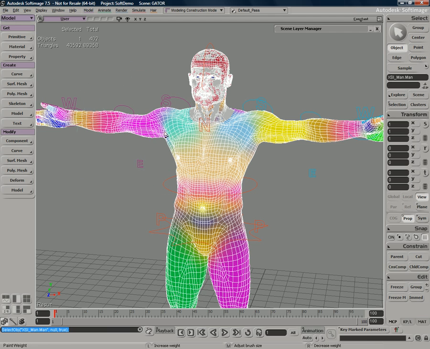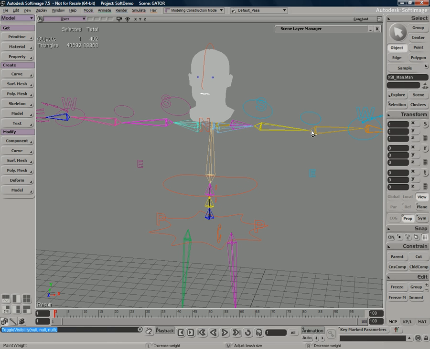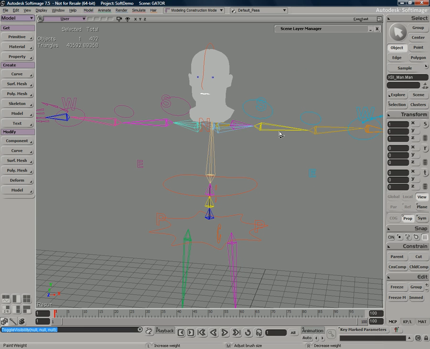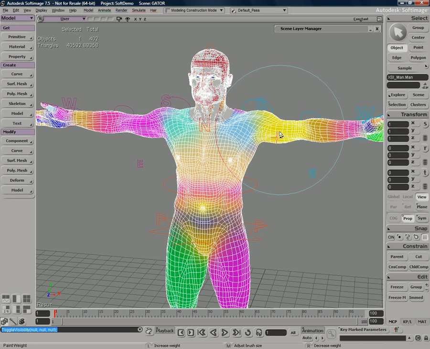Here you can clearly see the different envelope weights, or the skinning weights, that are attached to each vertex of our character. Pressing the H key will hide the object, and now you can see the bones underneath are color-coded to match. Pressing the H key again to unhide, they match to reveal the color of the bone that's underneath the skin. So there you can see it's very easy and clear the way the weighting tools work inside of Softimage.